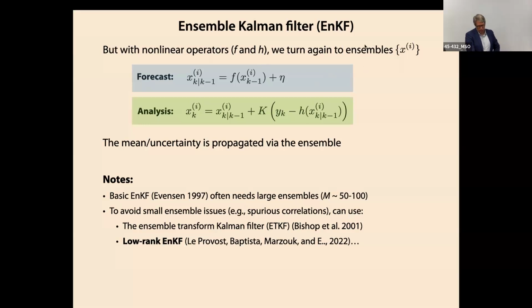So we go back to what we were doing with those Monte Carlo methods and think about that a little bit, right? Ensembles: take an ensemble of different estimates of the state and march those forward. Then we can just take the statistics of that ensemble, and that becomes what we need for uncertainty quantification. Okay, so the ensemble is the thing that helps us out. We just march things forward individually. Each ensemble member gets advanced in its forecast, and then the analysis step is just taking measurements in.